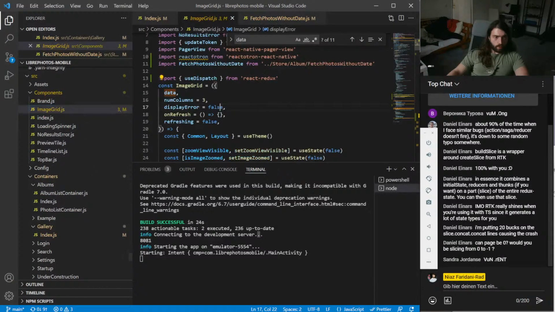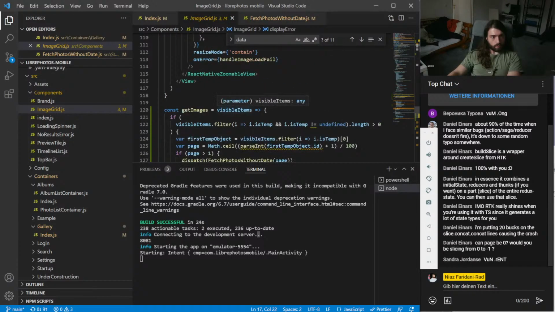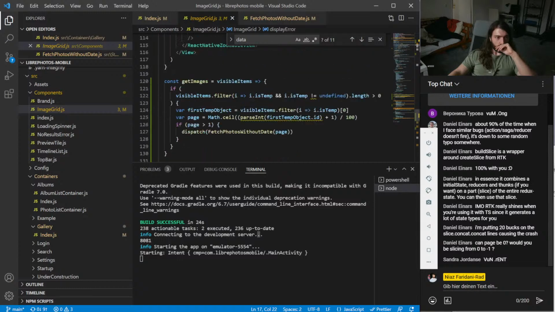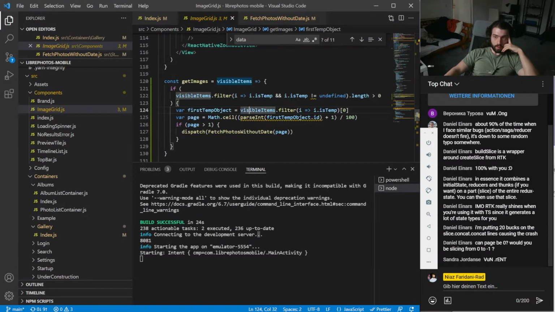And if we go now to image grid, right, this only should apply when we actually are in this view, but this is definitely not the correct place, I guess.